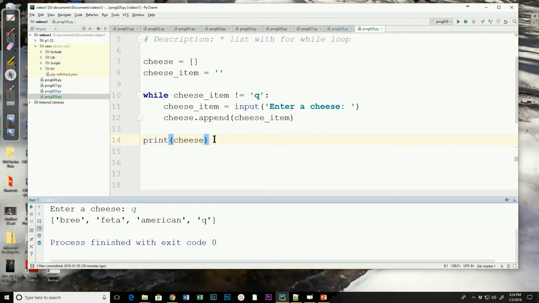If we walk through this, here's what happens. We initialize our list and our cheese item variable. Since cheese item is empty, it is not equal to Q, so we go into the loop. It asks for a cheese. We enter the cheese. We add the cheese to the list. We come back up, check, because the first time I typed in brie, that's not equal to Q, so it goes back into the loop, asks for the next cheese, appends it to the list, that was the feta,